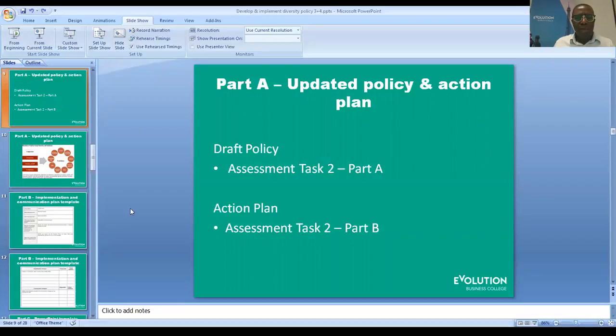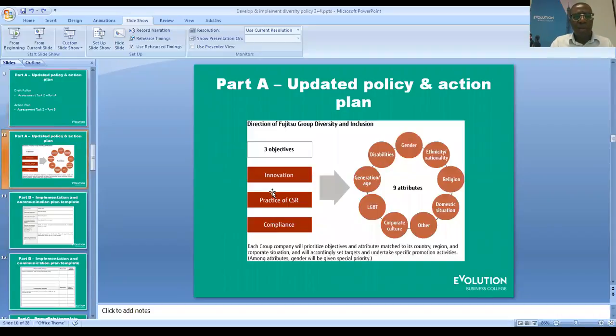So we have a draft policy that you've done, the action plan, and on the action plan now, this could be an example. Some of those policies, when you update the policy, you have 3 objectives. For instance, Fujitsu, when their policy, innovation, practice, that is customer social responsibility, and compliance. And with all these,